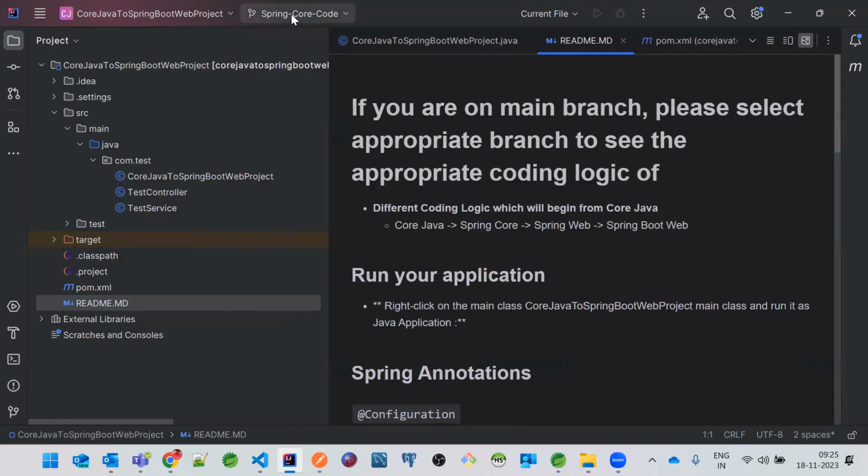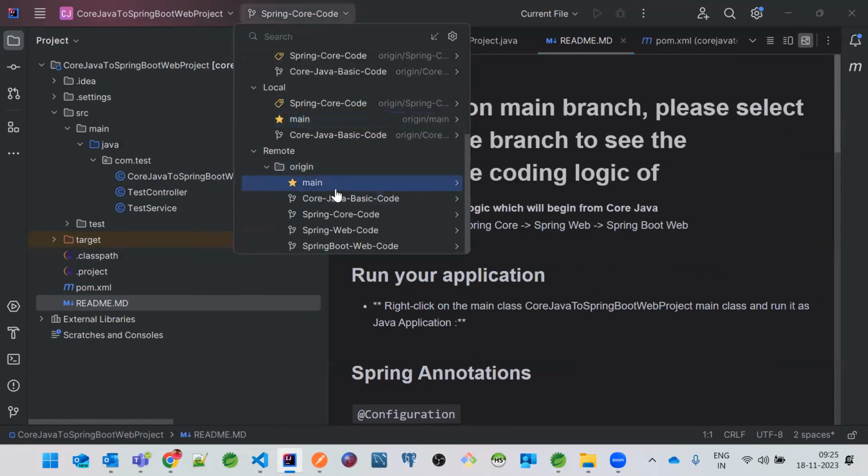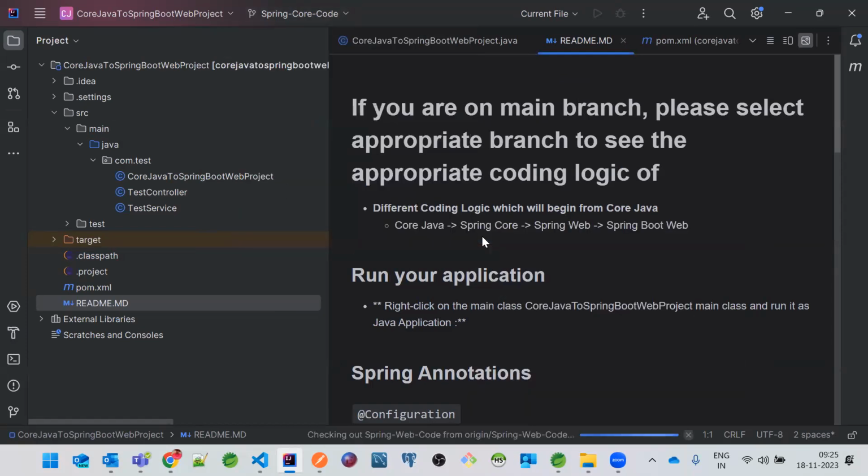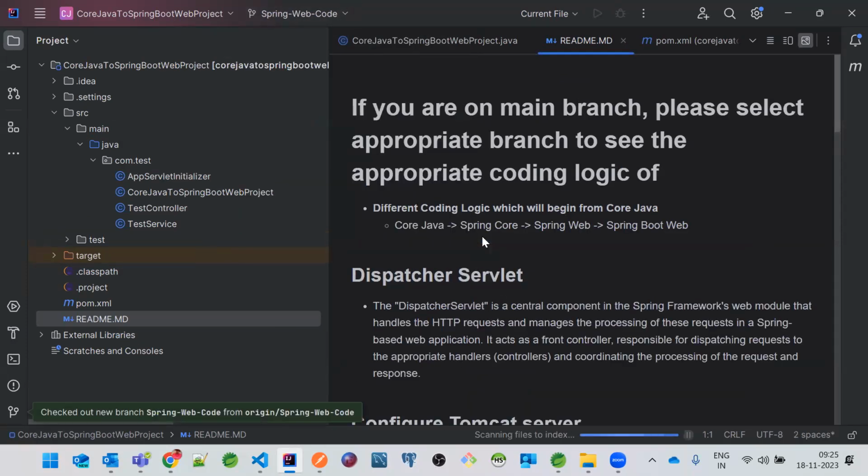So if you just wanted to change the branch, then probably go to the remote always. Every time you have to check it out from the remote, not from the local. So Spring Web Code, check out. But my suggestion is, since you cannot add, this Spring Web application will only work if there is